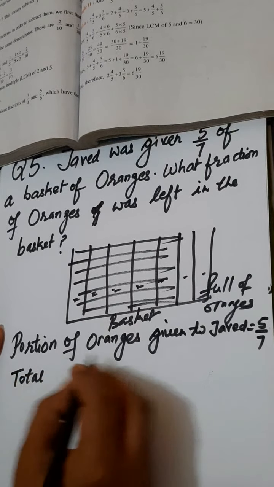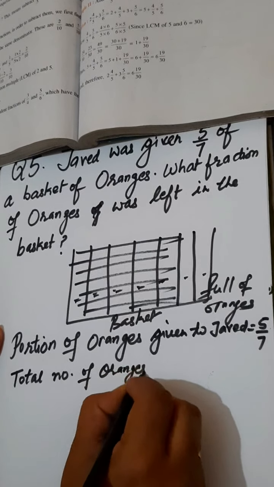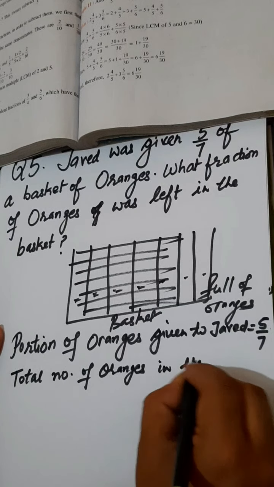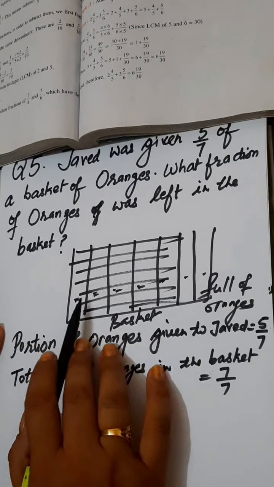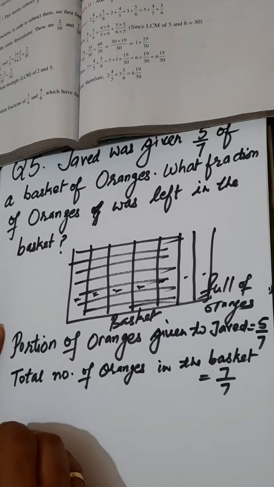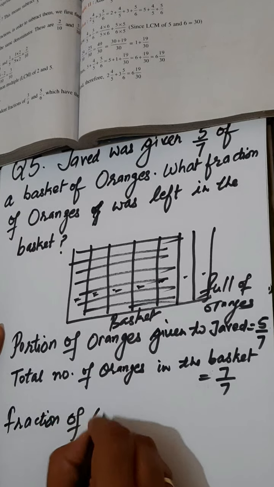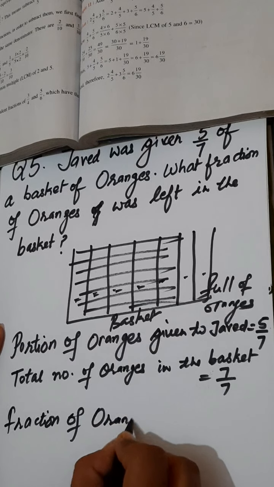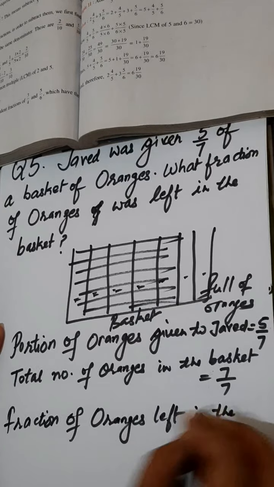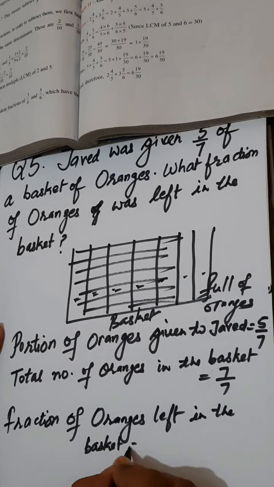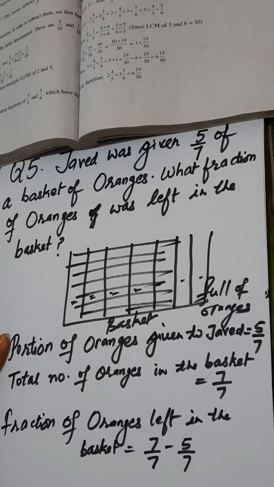So we can say that the total number of oranges in the basket is equal to 7/7, and here we have 7 equal parts. So I will write the fraction of oranges left in the basket. Here total we have 7/7, and out of this we have given 5/7 to Javed